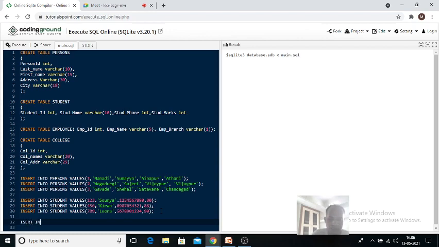Insert into employee values. ID 243. Okay.